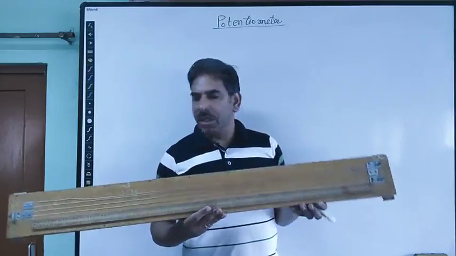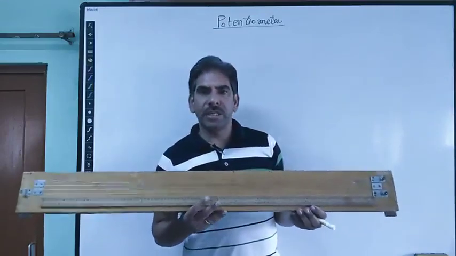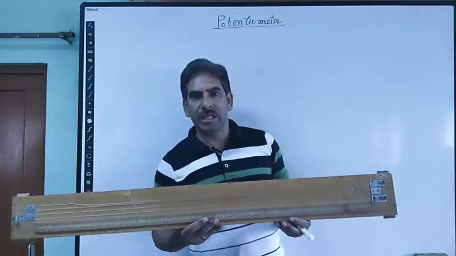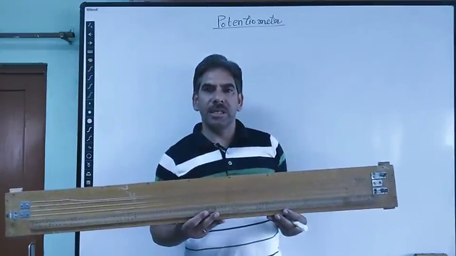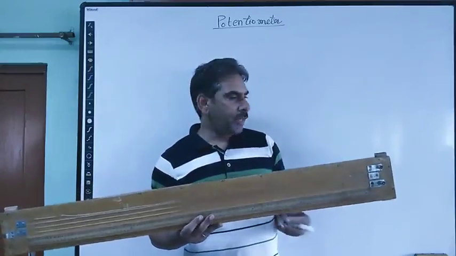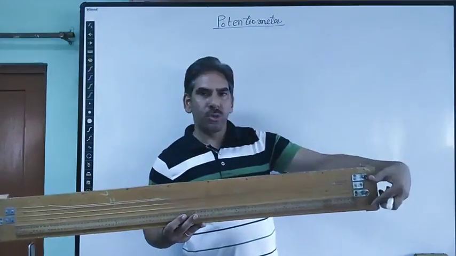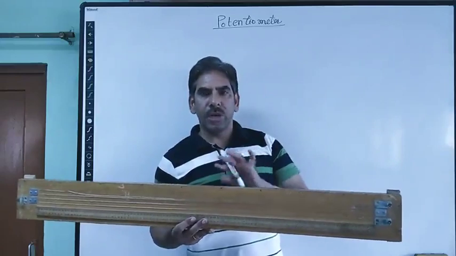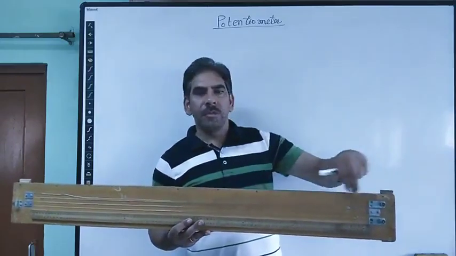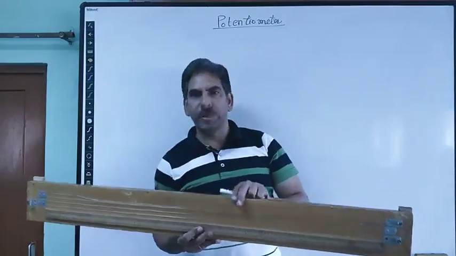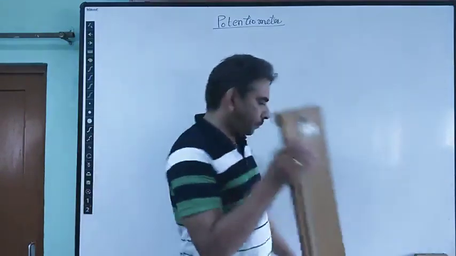So in the laboratory we make use of such devices to compare the EMFs of two primary cells and to find out the internal resistance of the cell. We can also find out the EMF of a given primary cell. So we make the connection at these two ends. That is the only connection we make to this device. So a potentiometer is nothing but a wire, but this wire is of uniform area of cross section. This thing has to be maintained.